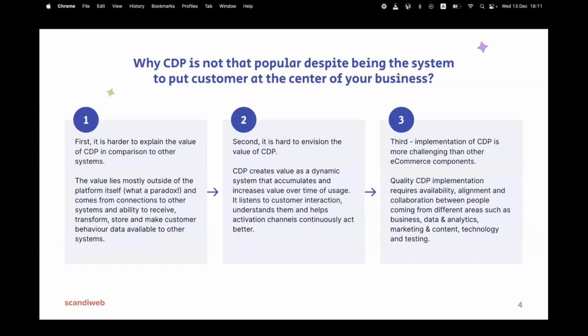And implementation of CDP is much more multidisciplinary than other systems. So when you implement certain BigQuery or certain BI, you need data people and a bit developers to make sure the data layer is working.